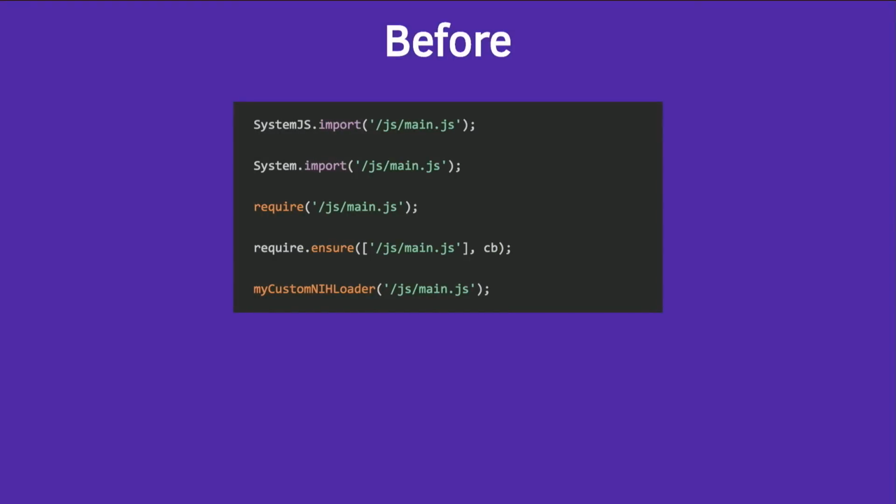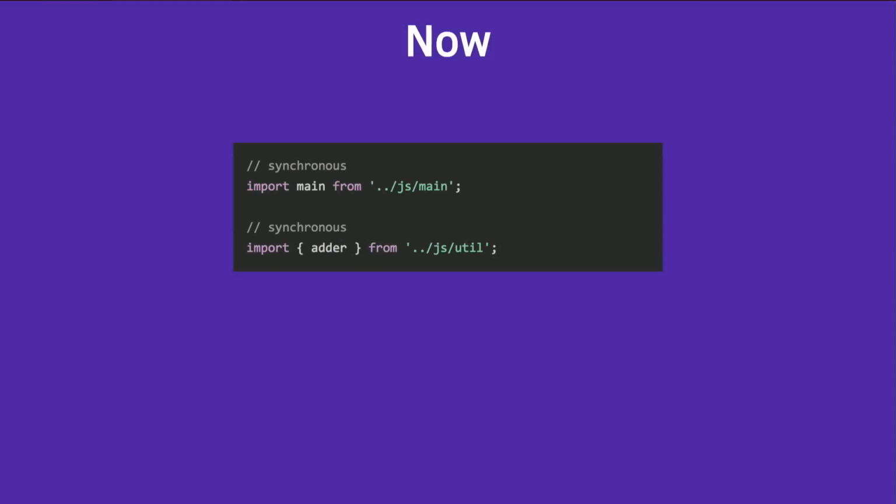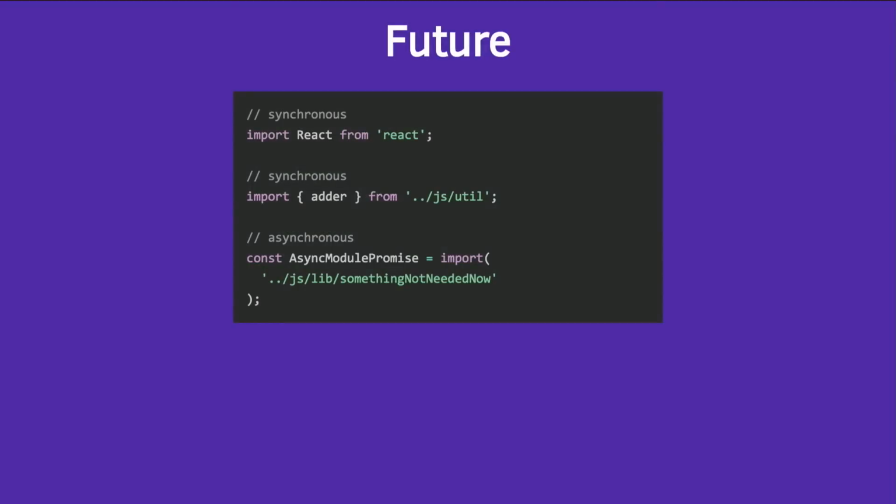So before, this is what we do. We've played around with System.js, we've played around with Require. A lot of people invented their own ways of using modules. And honestly, this was a mess. And now everyone's gotten on board the ES module train. We love this. This is so easy. Everyone does this. And now there's an extension that's recently been added to the language itself called dynamic import, which is the last line over there. And that loads modules asynchronously.